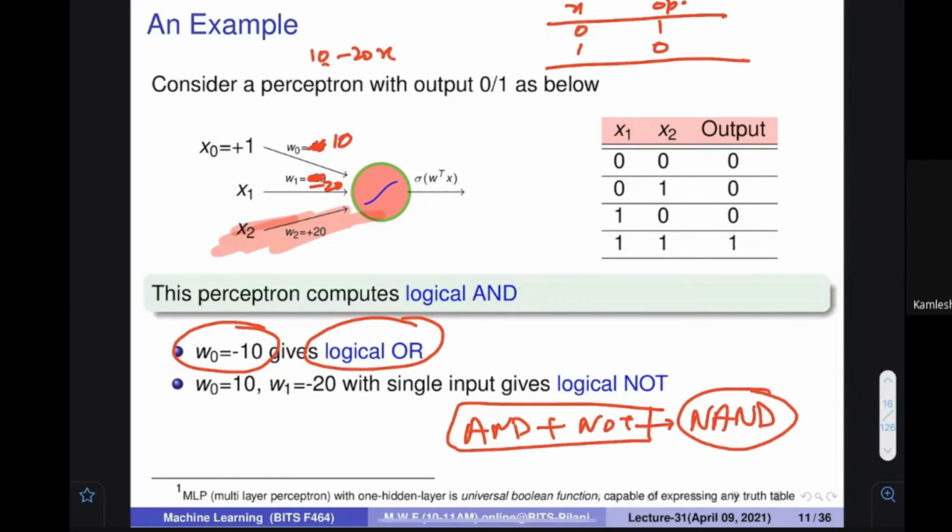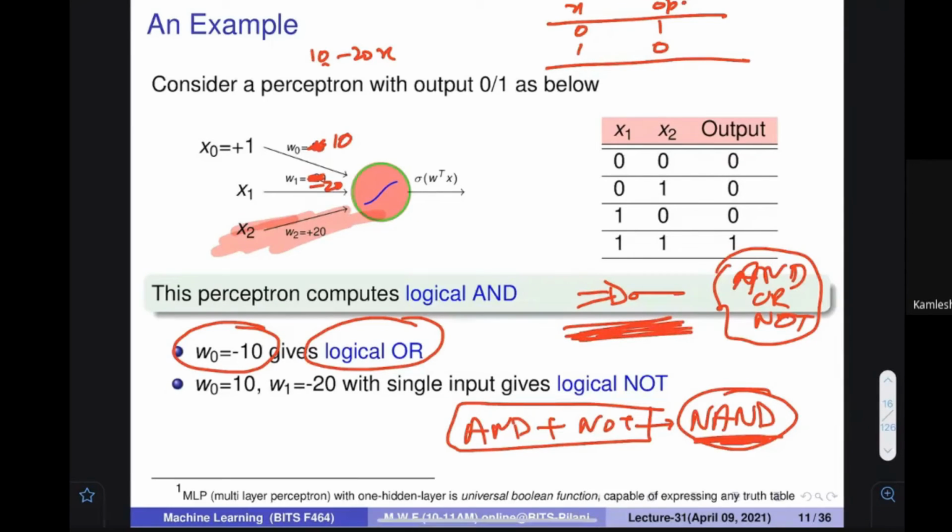Using only NAND or NOT gates, you can build AND and NOT, and anything. Because AND and NOT are the only operations that you apply in Boolean functions, all kinds of Boolean functions can be constructed. Boolean function means any function that gives you the output as 0 and 1; you can build any of those functions using this kind of architecture.